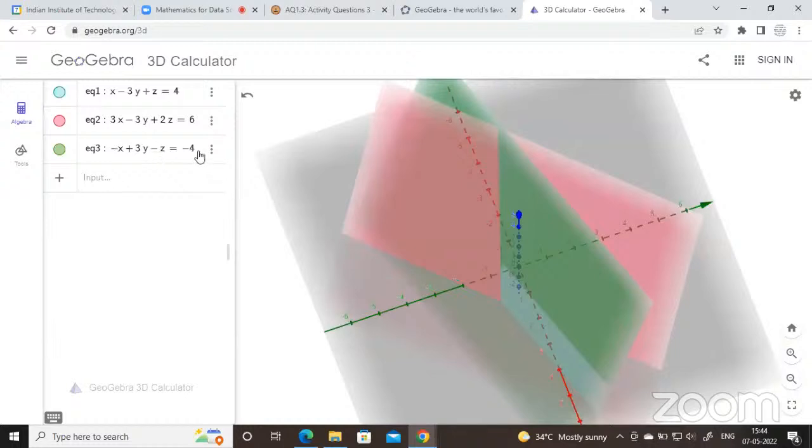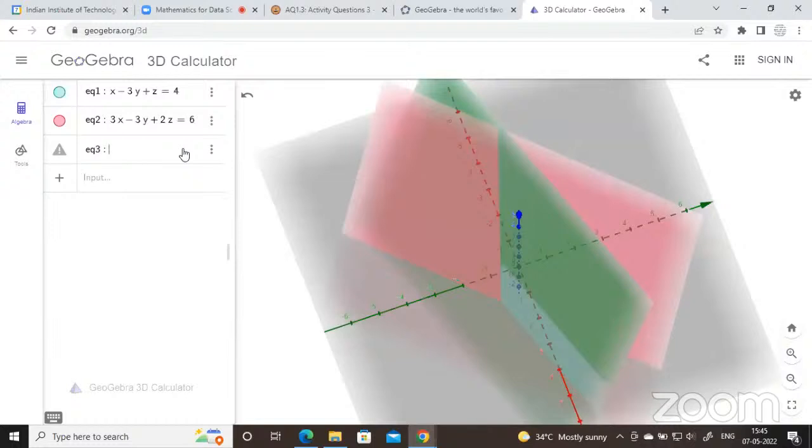No, there'll be a unique solution case as well. Because this is a 3 variable system, that is why there will be infinitely many solutions. But if it was a 2 variable one, it would have had a unique solution. This point would have been the solution. Yeah, okay. I can do this.